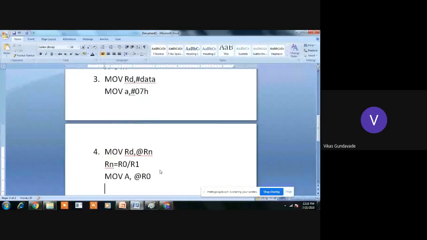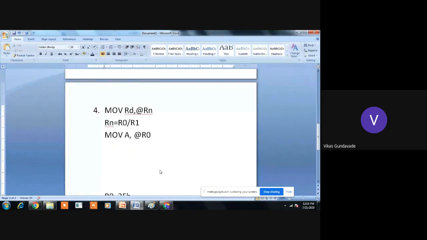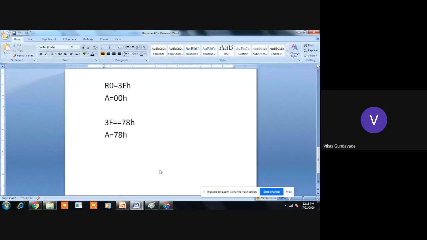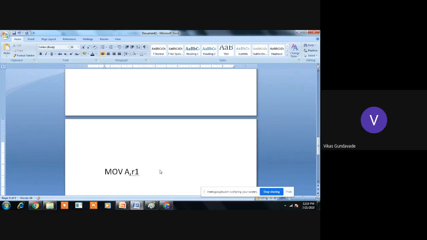Now in place of Rd, we can write the accumulator or any register and make different instructions. For example, if we write move A, R1, the R1 contents are transferred into the accumulator. Similarly, if we write move R1, A, the accumulator contents will get transferred into R1.